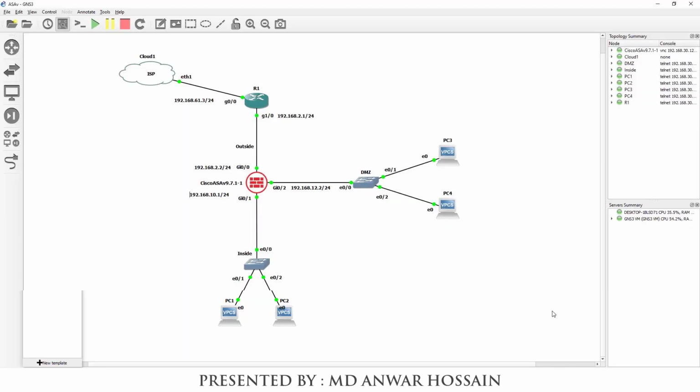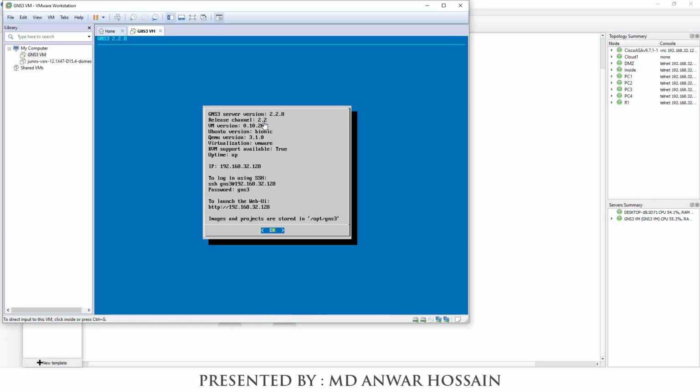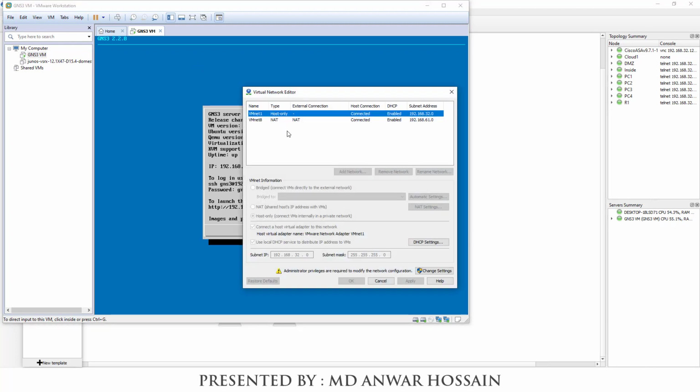I'm going to show you the GNS3 VM network settings. Open GNS3 VM, click edit and then virtual network editor. Here we can see there are two network adapters. One is host only, another one is NAT.